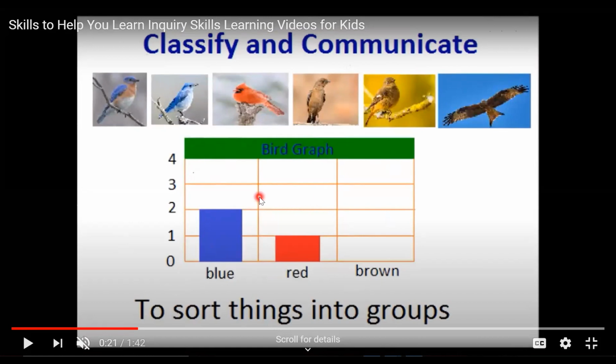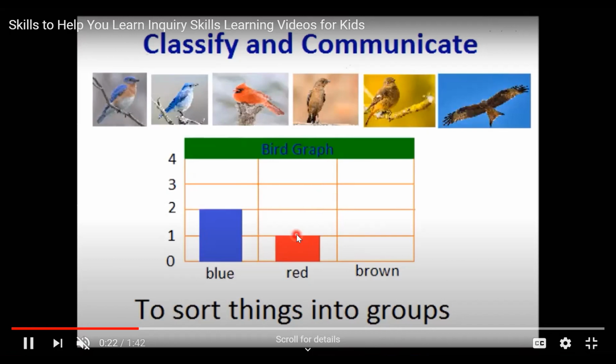So you need to classify. Let's see what other skill you need. What other skill do you need? You need to